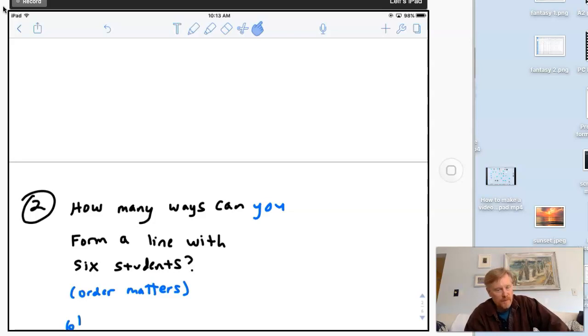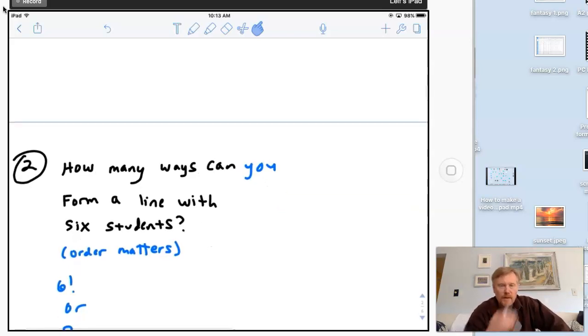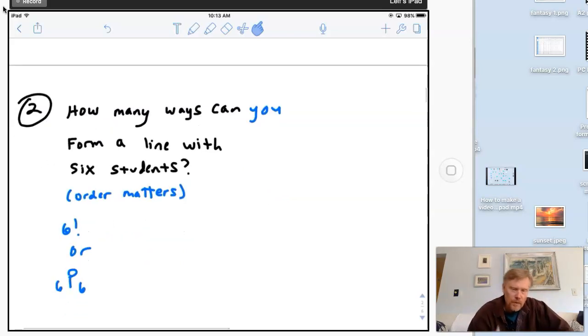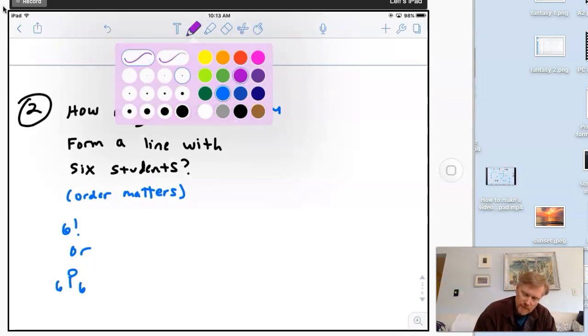Which means you can do it one of 2 ways. You can either say it's 6 factorial, or you could do permutations of 6 people, because there's 6 people getting in a line, and there's 6 possible people, and all 6 of them are getting in line, so it's 6P6. So let me do the first one first. If I was doing 6 factorial,